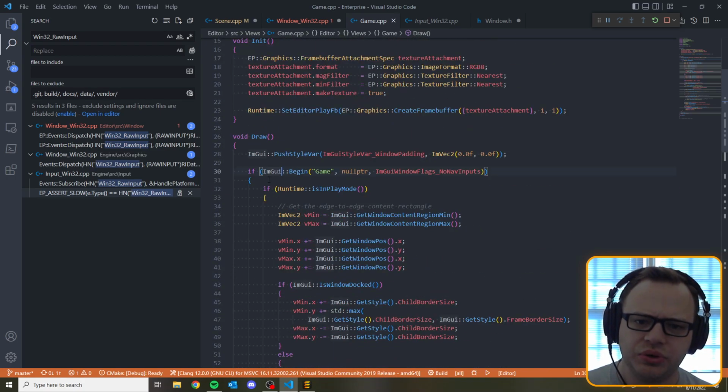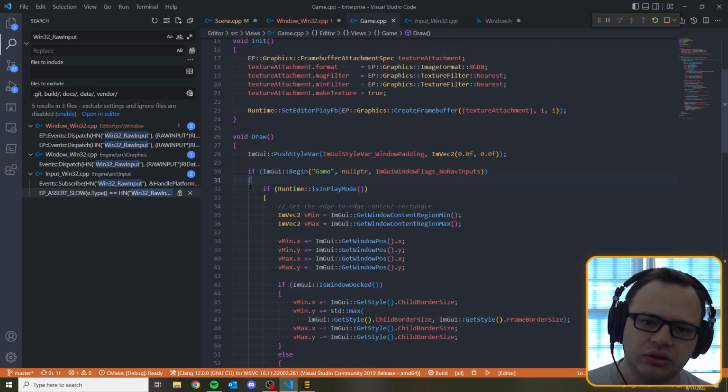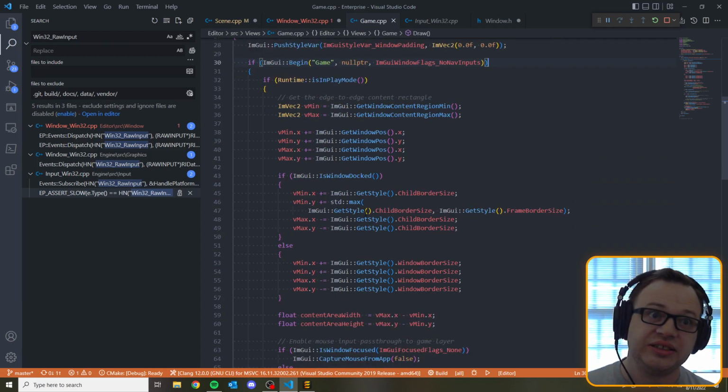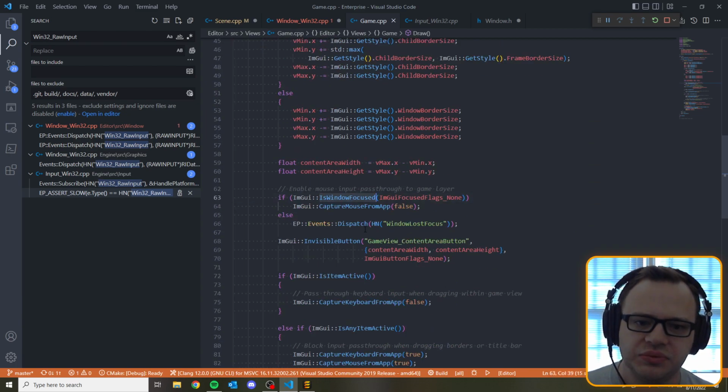So everything that happens between ImGui begin and end is the code that sets up the contents of the game window. And if you invoke IsWindowFocused in there, which we do for the sake of handling pass-through of the mouse, then we, if we in that case we